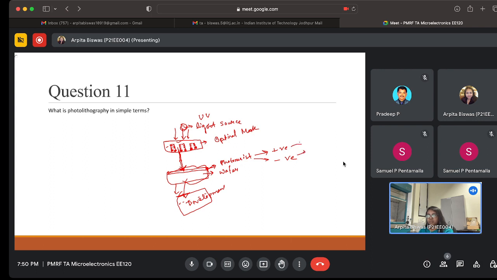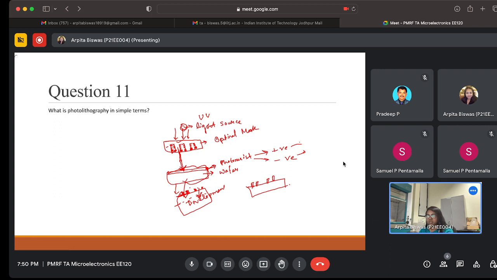Some portion will remain, like this IC pattern will stay. If it is a positive photoresist, this IC pattern will stay in the photoresist, and the remaining portion will dissolve into the development solution. Okay. So you will get this type of structure after the development, only this pattern. And the remaining portion is etched out,